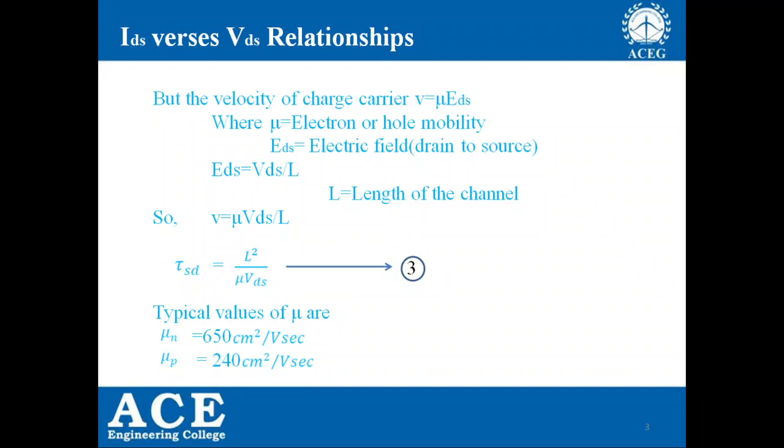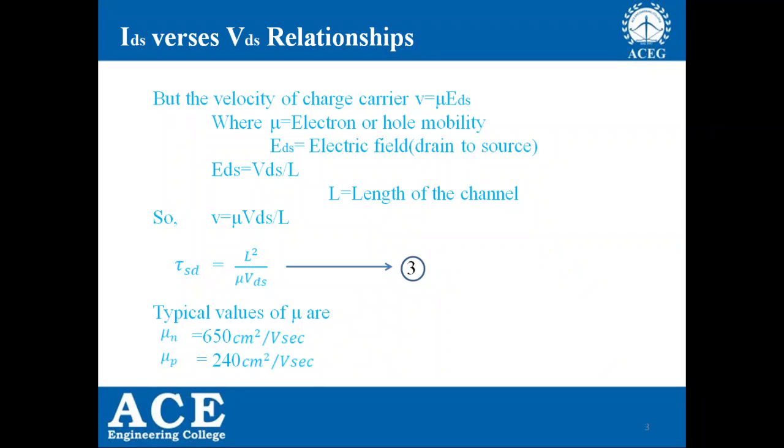So the electric field intensity EDS will become VDS by L, and as we know the velocity of charge carriers is directly proportional to the applied electric field intensity,